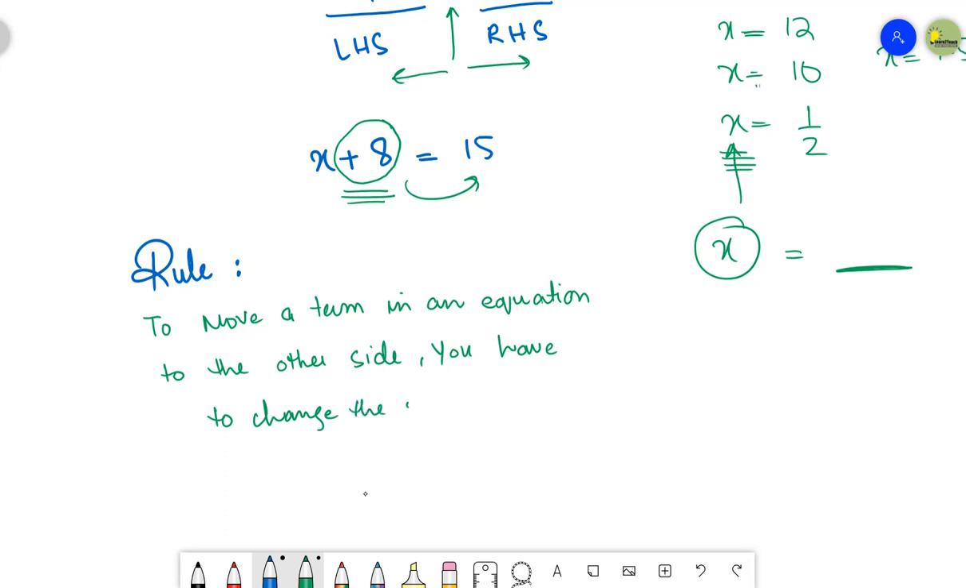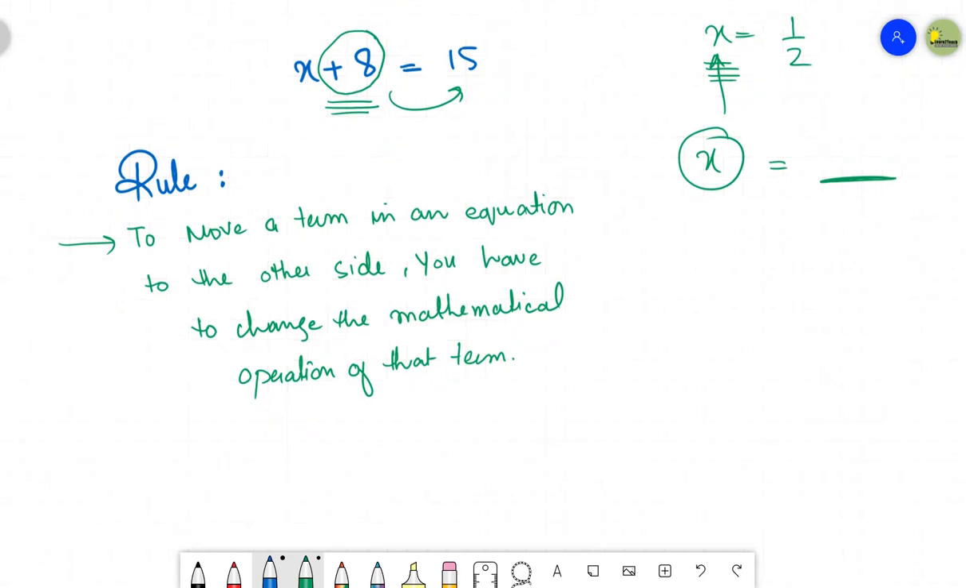The mathematical operation of that term. This is a very important rule. What this rule says is that if you want to move a term, then if I talk about how many terms I have on my left hand side,